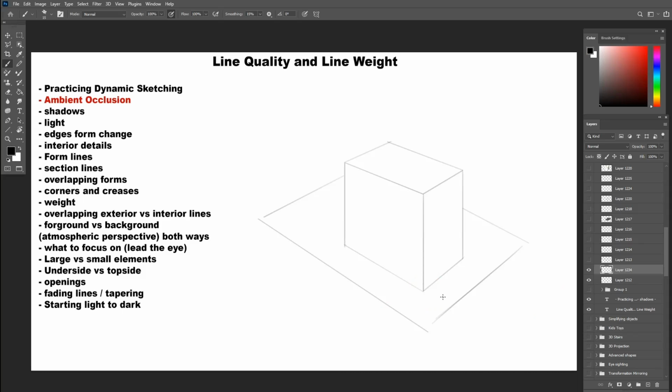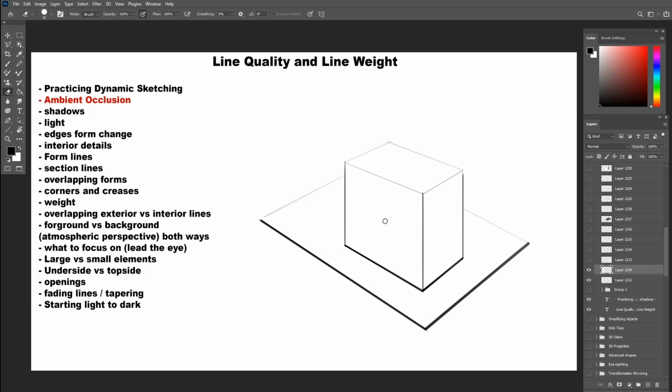Now you don't go all over the shape with the same thickness, otherwise it will look like a weird outline, only underneath the object and in between them. For example, if we have another box sitting very close next to the one we have, then there will be a slight gap in between. This space will also be in a dark, thick line. But between the other box and the background, the line will be thinner.